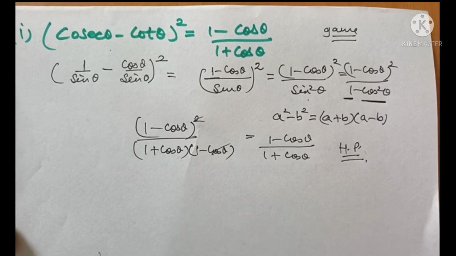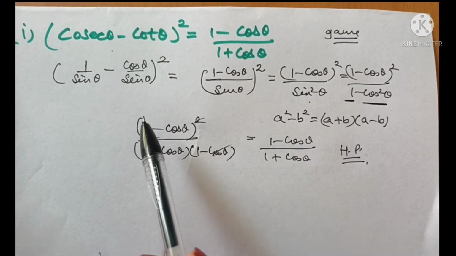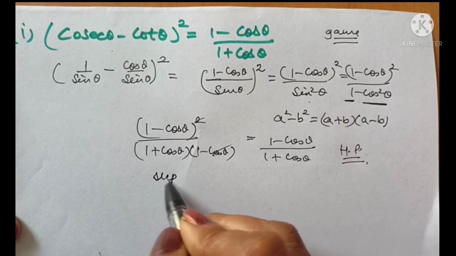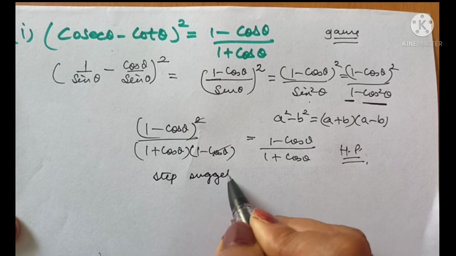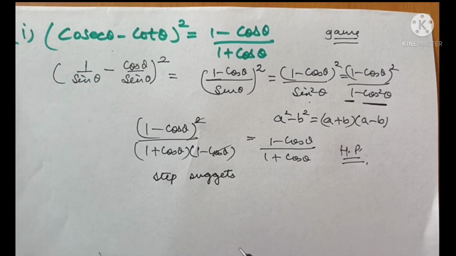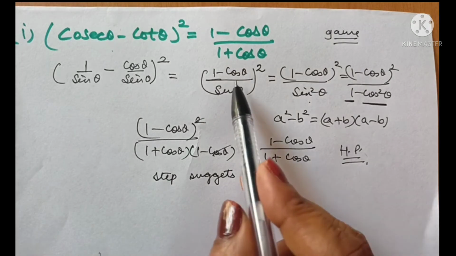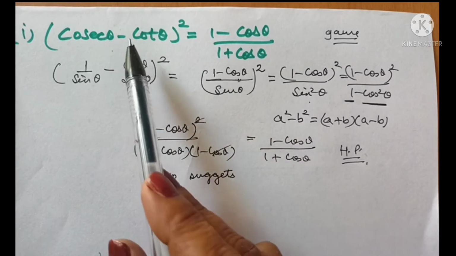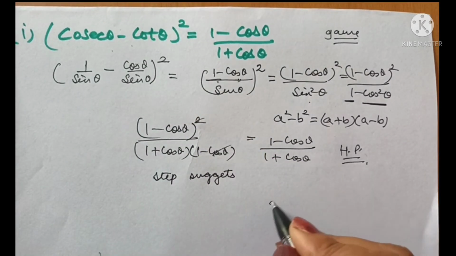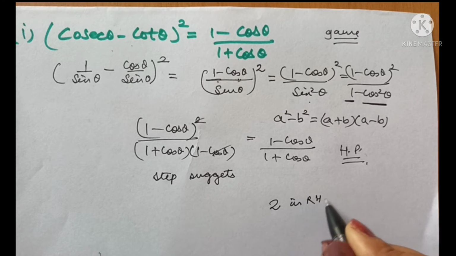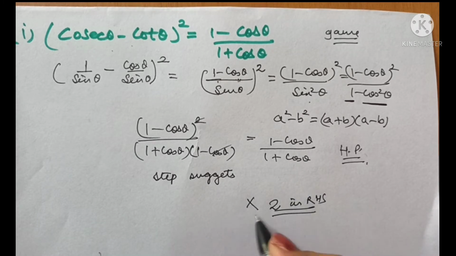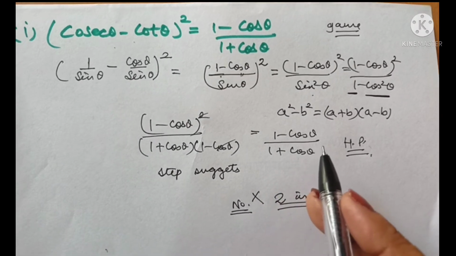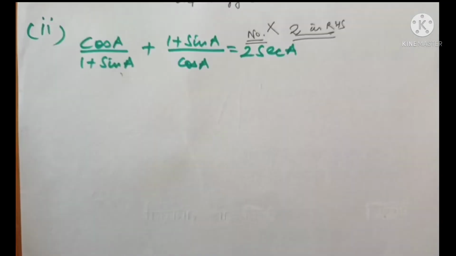And see, this is how I can prove. I simply go on doing what my previous step suggests me, right? Whatever your step suggests, you try to do that. Whether it is LCM, whether it is squaring or opening the square. See, why did I not open the square over here? I didn't apply the identity of a minus b whole square, neither in the beginning nor here, because I do not have a 2 in RHS. There is no 2 in RHS. Right? So this tells me that I don't have to open the bracket. I hope you understand.